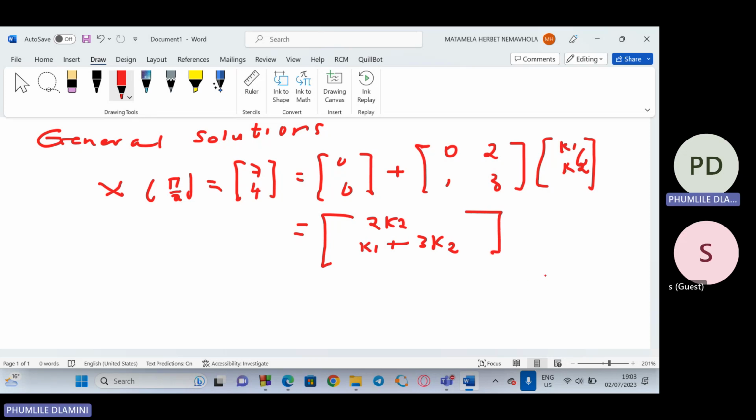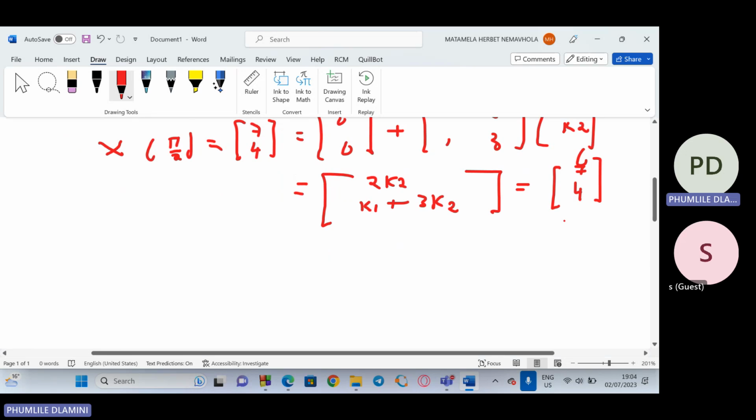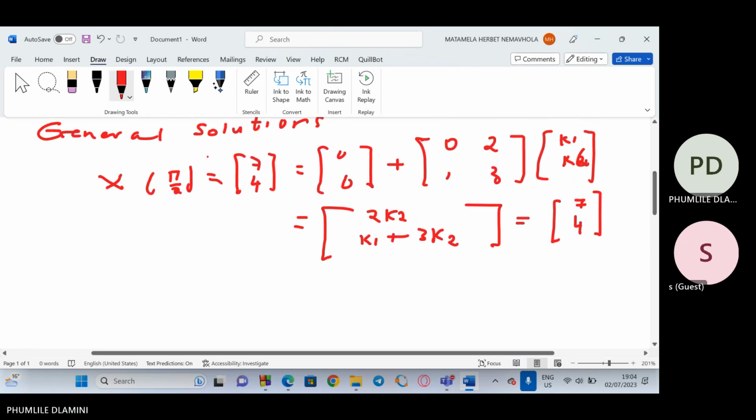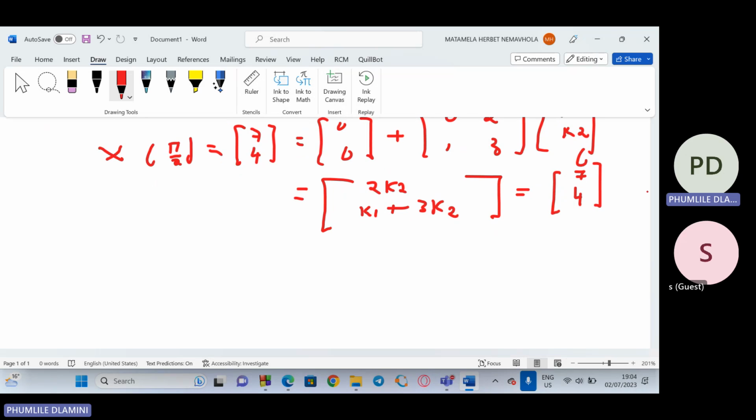So we have that. When you have that, now remember this is equal to 7 over 4. So when this is equal to 7 over 4, we can see that we can make these values to be exactly the same as this one. We can rewrite it down. So when we rewrite this down, it can be